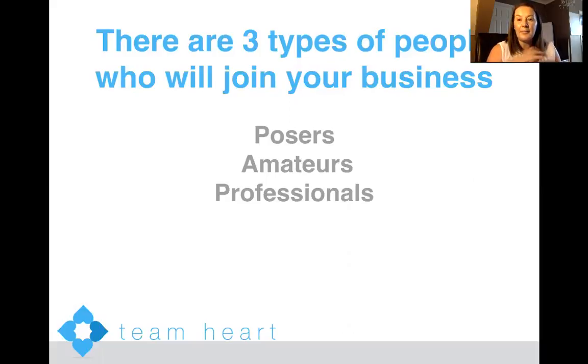Second type of person that you will come across is what we call amateurs. Now, these people are a little bit more committed. They approach it with a little bit more professionalism or enthusiasm or commitment as they get started. These people probably write a list of 100 people. They will take their time, go through, talk to them all, and as they start to get through the end of their list, they'll be thinking to themselves, oh my gosh, I have spoken to everybody I know. And by the way, this happens usually way before 100.